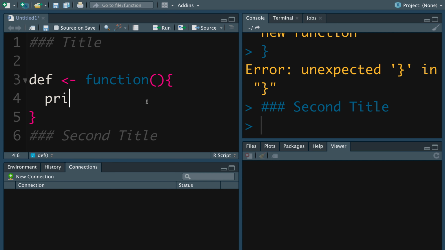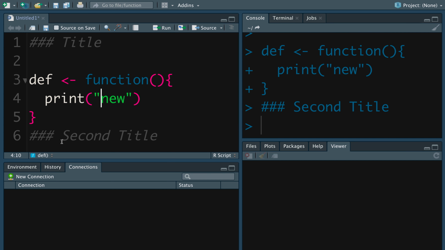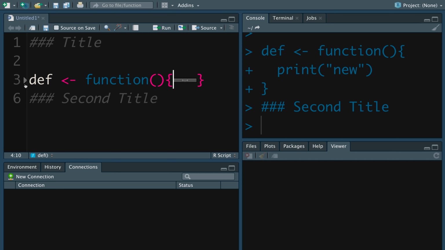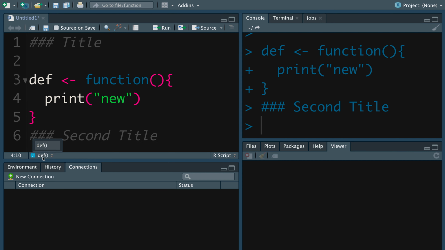Let me just write print new. I've run it, so you can actually see where I have the function. So this is again quite handy for you to select it. You can fold your code, you can expand it. This will help, and if you're using R Markdown, it is quite handy for you to select a particular section.